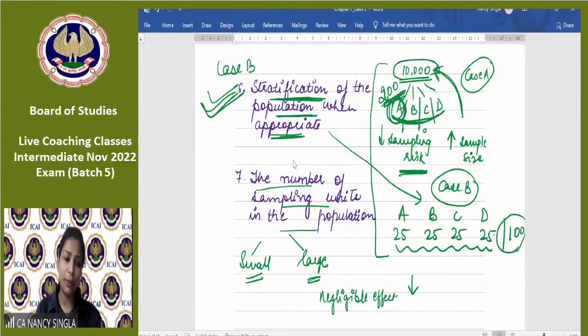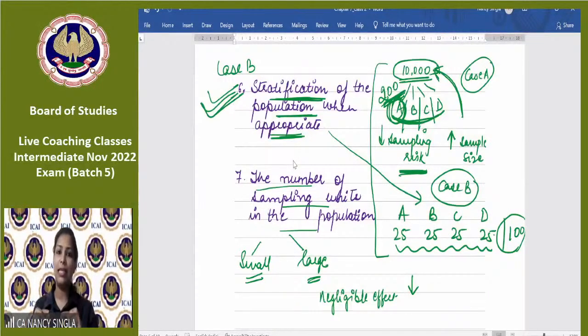Quickly, I need your replies. I've drafted it in a tabular format. This entire concept is given in the module in paragraph form and the reasoning is also mentioned there. So if any doubt is still there, you can ask me, and you should also go through the reasoning, the explanation that is given in your module. Quickly, I wait for 10 seconds. Quickly send in your reply whether you have understood the concept of sample size,